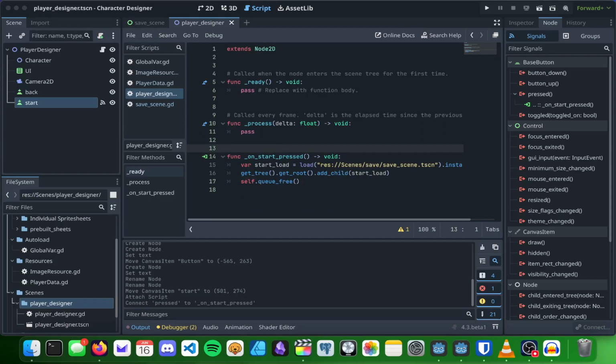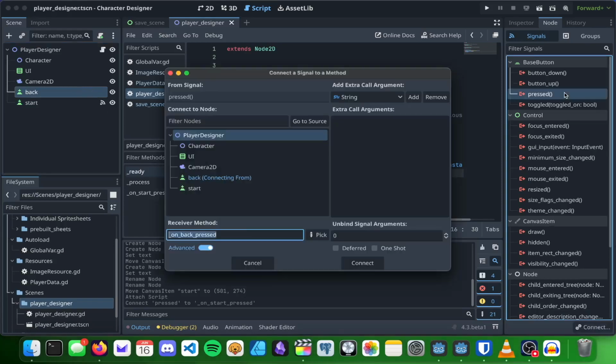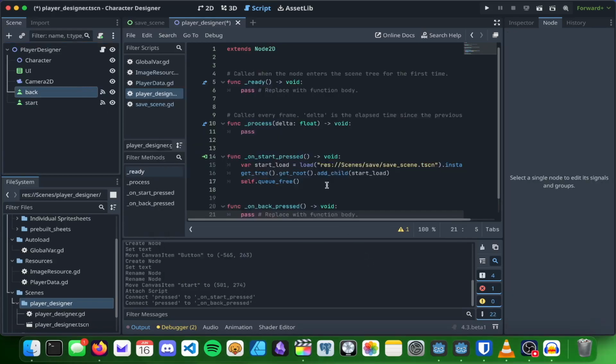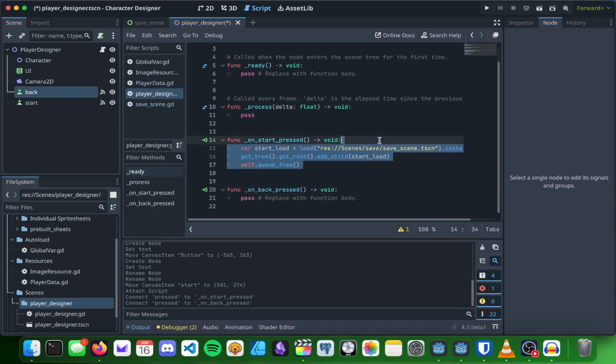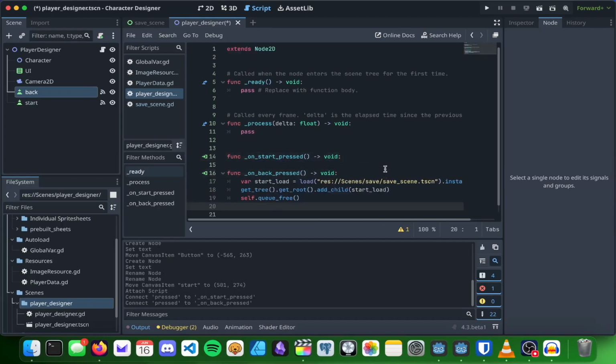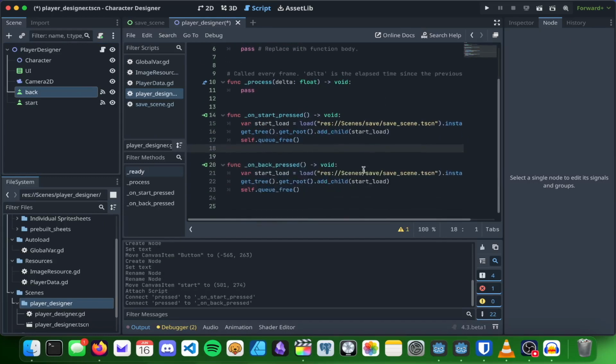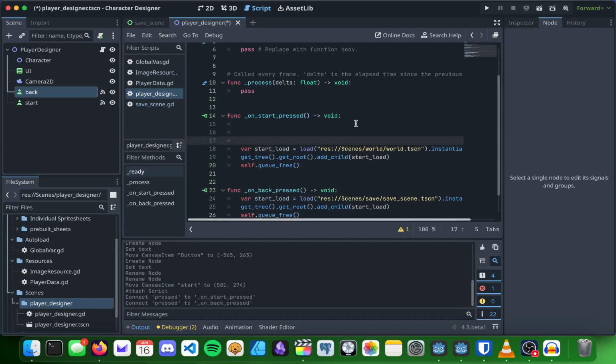And then on the on start, let's go ahead. Oh, I did that a little bit backwards. That's okay. We can just create an on back. Let's go ahead and move this right here. And then we can just paste this since we're going to use this. But we're just going to load in world, and on start pressed,